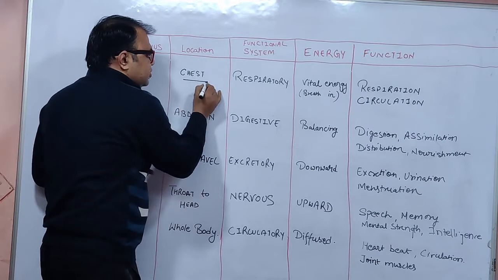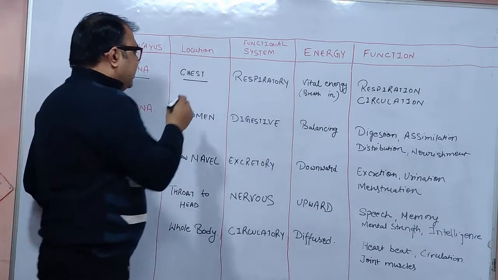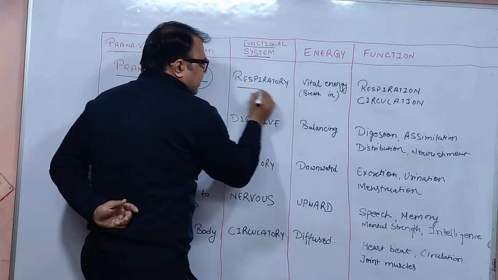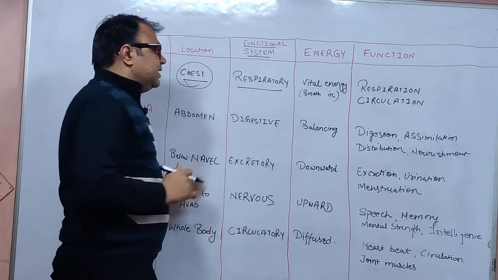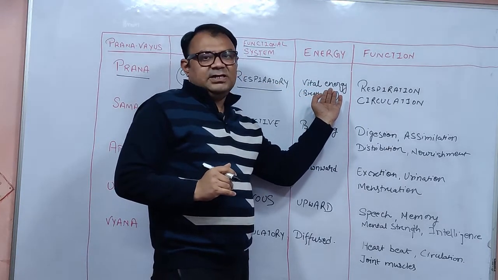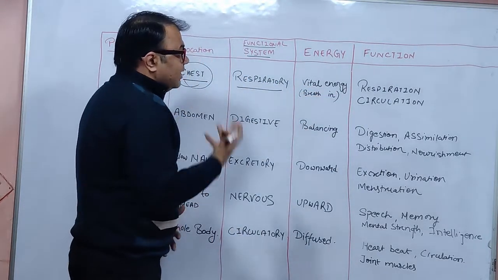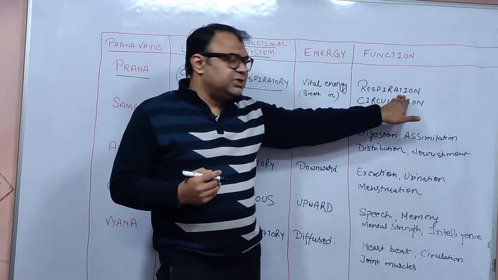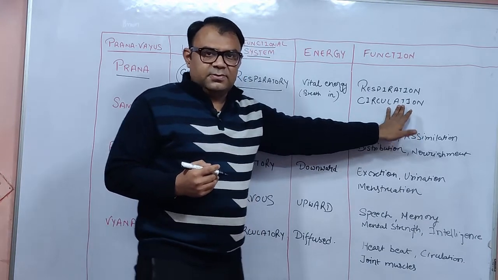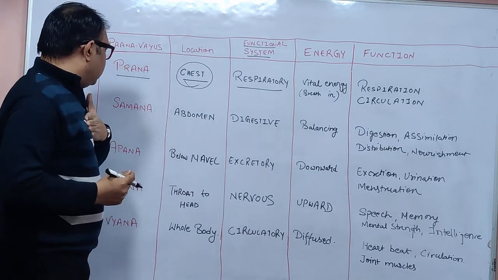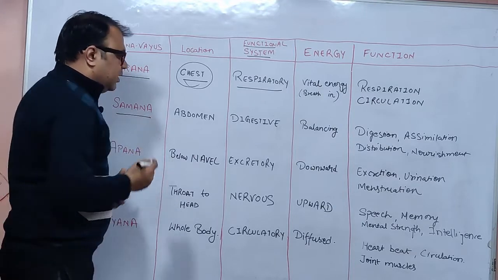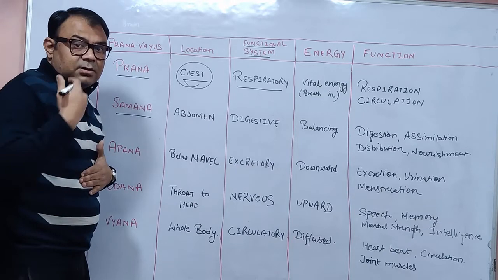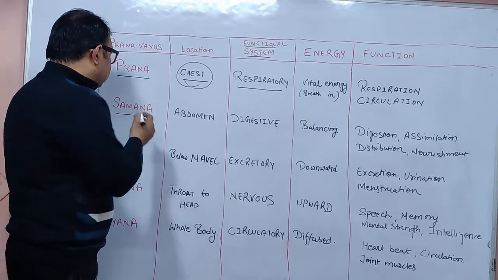The location is the chest, and the functional system it impacts is the respiratory system. This energy is called the vital energy. The functions of this prana vayu are respiration and circulation. Fine. After prana, whenever the breath comes to the abdomen region,